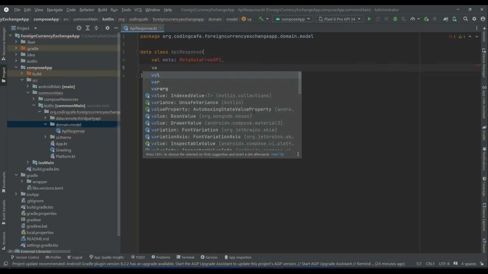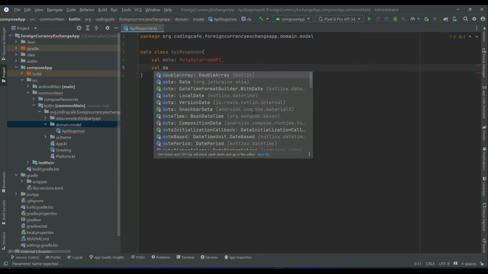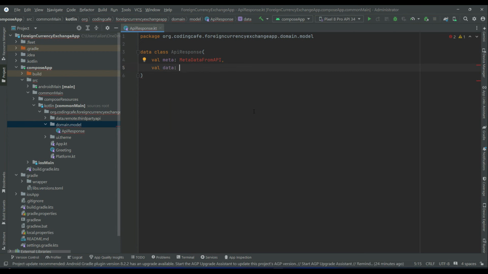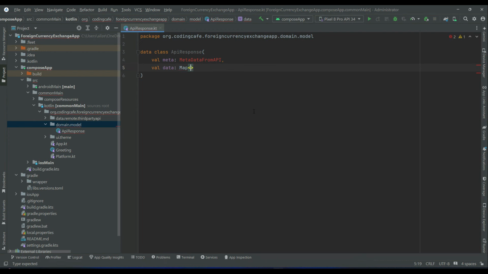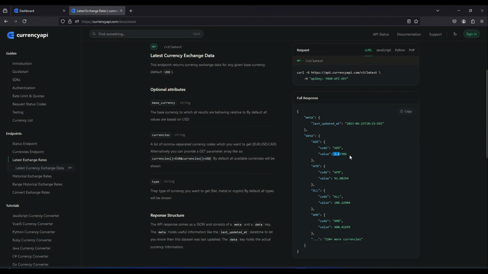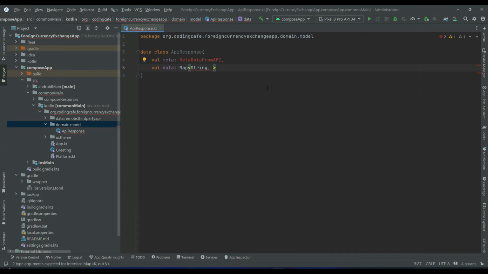The second one is data, which is in the form of map string dynamic, that is, the key name is in string format and the value can be in any format, but in our case the value is basically the currency. So we will give it a proper name like currency